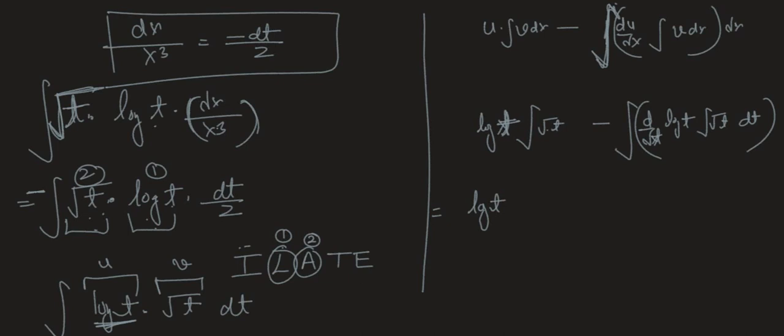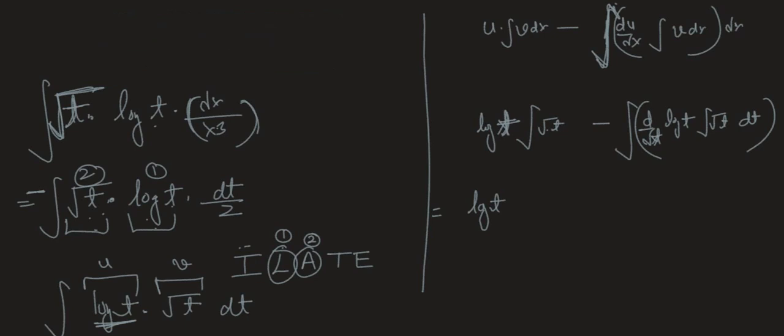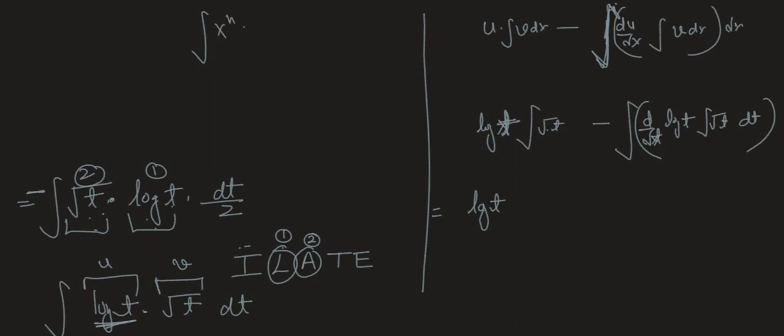The integration of root t. So let me tell you how to do integration of power, which you should know by now. Integration of x to the power n dx is x to the power n plus 1 by n plus 1, plus c. Correct? So integration of this happens: t raised to power 3 by 2, divided by 3 by 2, by this formula. n plus 1 by n plus 1. Okay? Minus